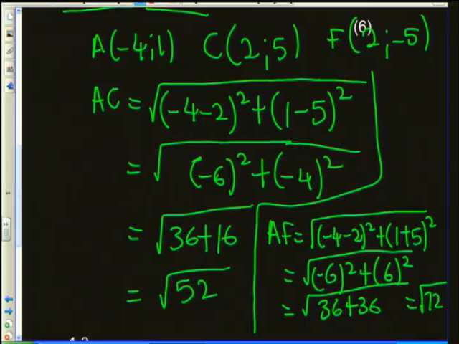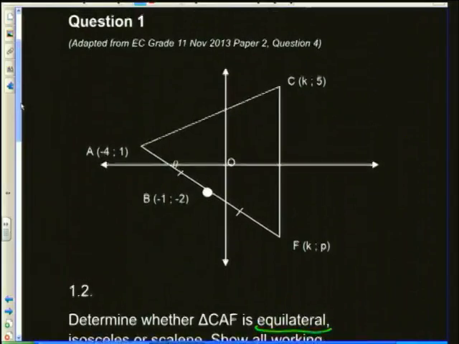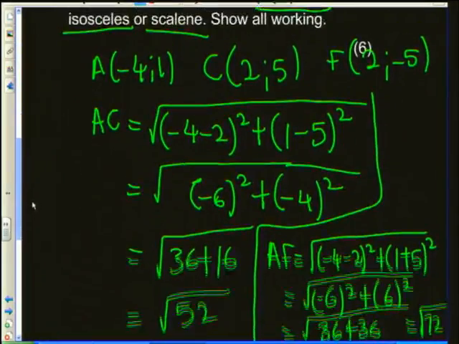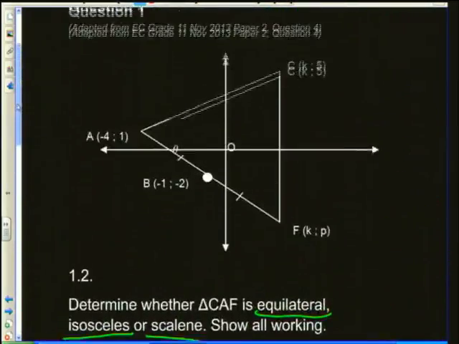Okay, so we know what AC is, we know what AF is. We're now left with the last side, which is going to be CF. Okay, I'm going to get rid of this AC now. Actually, no, I won't. I'll squeeze it in here on the left-hand side. Sorry for the messy work. So AF, or CF,